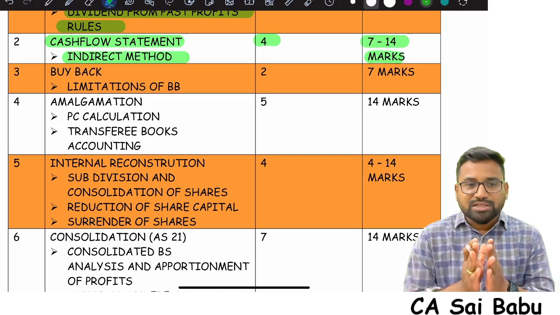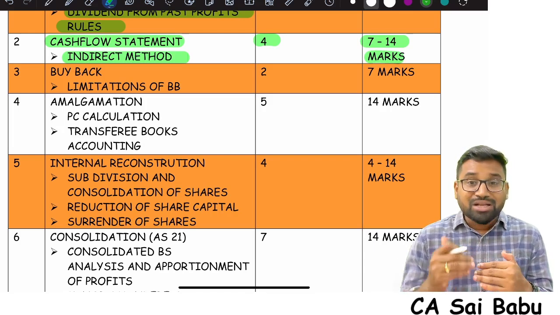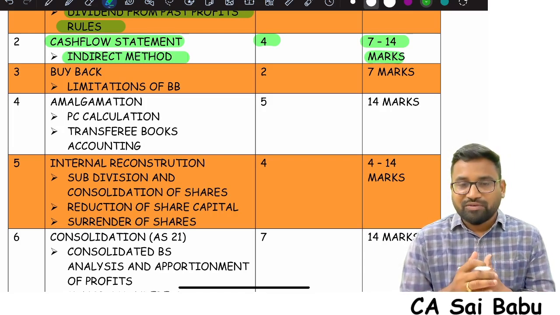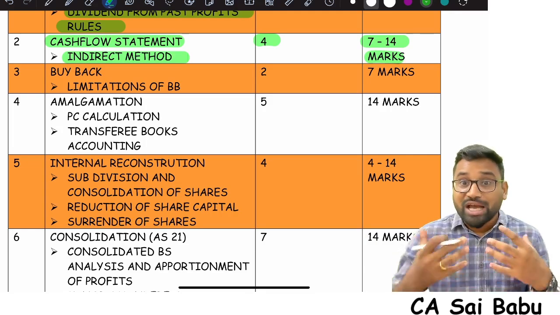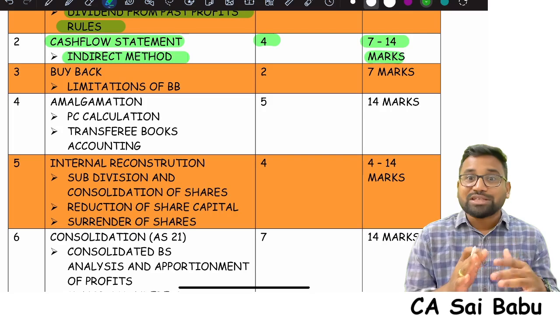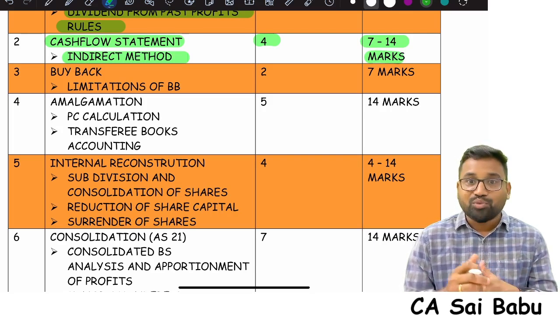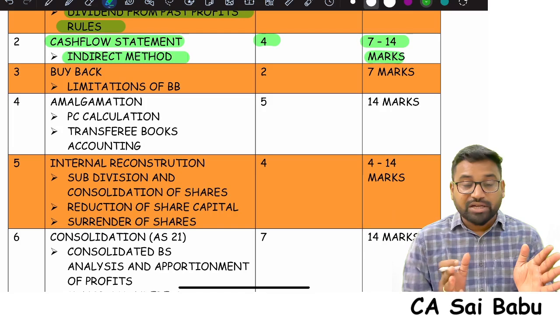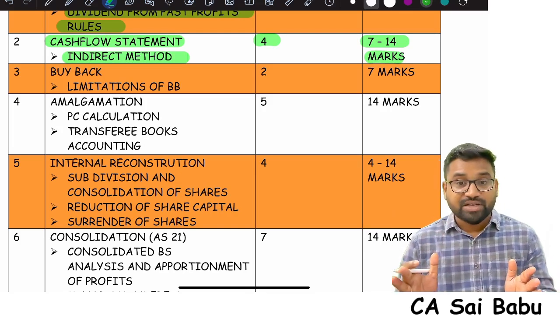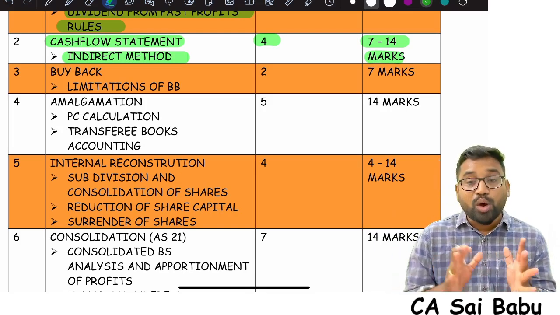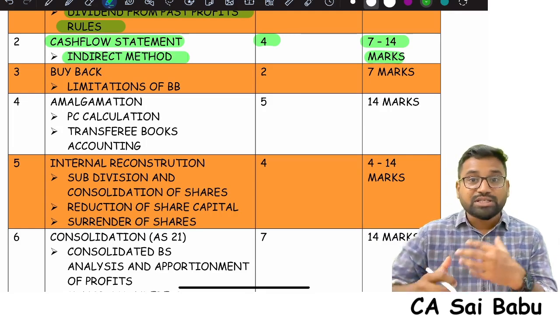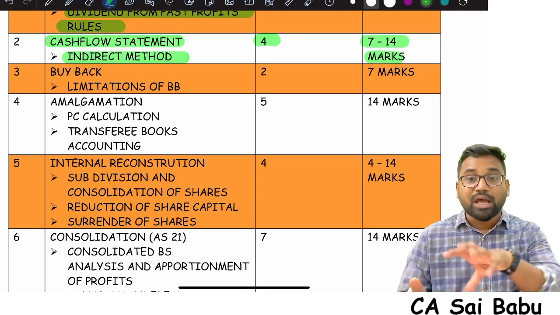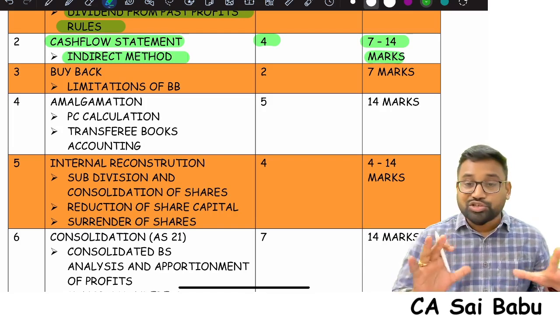In the indirect method, sometimes net profit before tax will not be given. You need to calculate it. You need to understand how it has to be calculated. And also tax adjustments you need to understand. Working capital changes. And also when the gross cost of the asset is given separately and provision for depreciation given separately, then in such a situation, how do I prepare the ledger accounts, how to ascertain the balancing figures, how do I connect this with the cash flow statement, all these things you need to focus on.